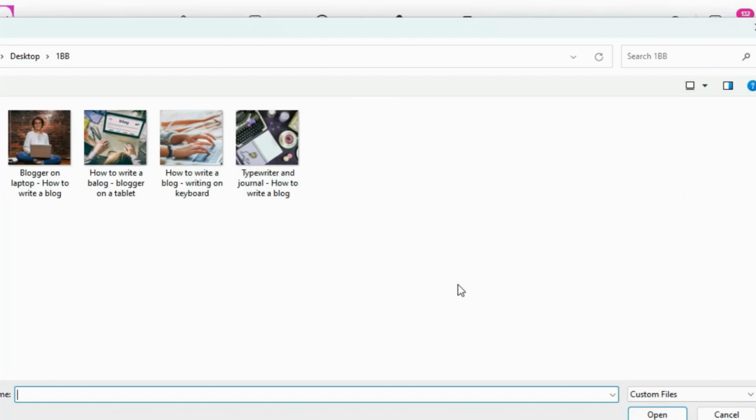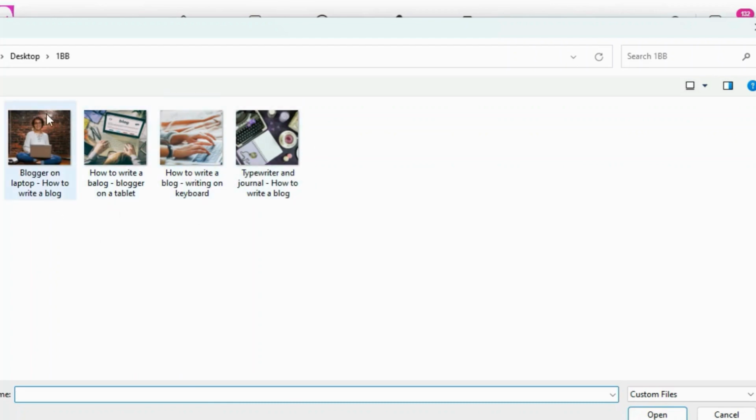Your featured image is when you see an article on Facebook, for instance, you'll see a photo and you'll see a short description of that article. That's how articles are shared. So you want to get a really good featured image because it will invite people to read your blogs and you'll make more money. So what I've done here is I have a few photos I've saved on my device,